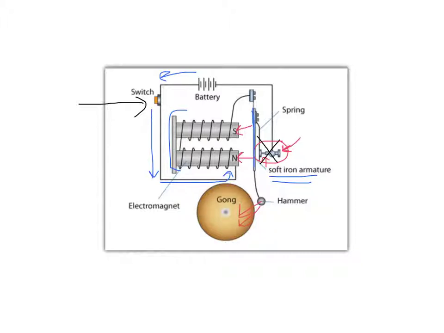And when that happens, you break the circuit. And when you break the circuit, no electricity can flow. So this iron moves to the magnet rather. The hammer then moves to the gong and hits it. But where I've drawn the X, that bit would break, and you lose this kind of loop, this circuit. So the electricity can no longer flow. So the iron armature will simply spring backwards because this electromagnet is now turned off and won't be attracting the iron. But if you look, the moment it springs back,